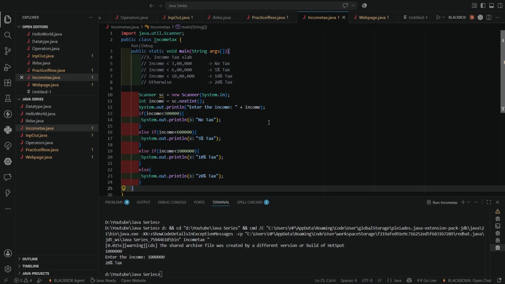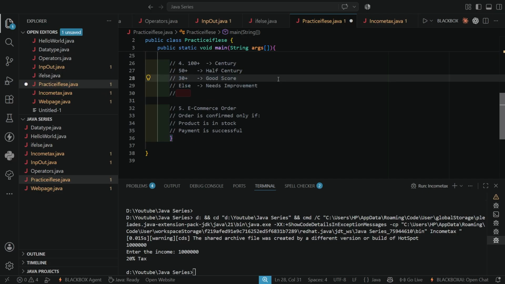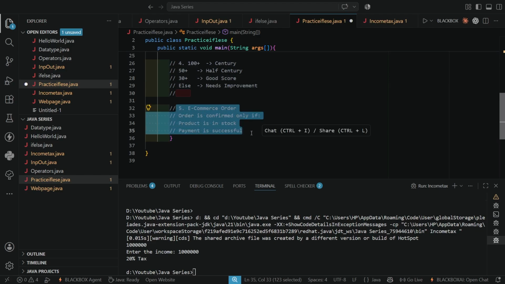Hope the concept of if else, nested if and ladder if is clear for you. I will be providing sample programs for you to practice. Please practice them and let me know your output in the comments, and if you're stuck anywhere in any of the programs. I hope you will solve both of these programs. The first program is using ladder if and the second program is using nested if, right?